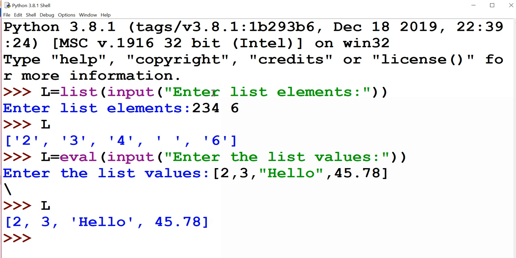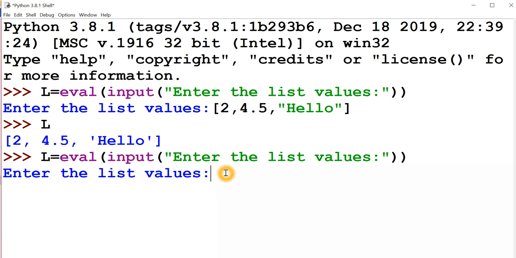But you can look at this earlier example, enter the list elements. Here you are entering a number, and it is considered a string. So that is a drawback in list. The most commonly used function to get input from the user during runtime is the evaluate function. Consider the same example, but this time I am going to enter the list of values without